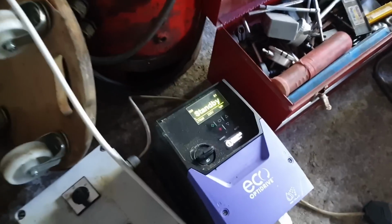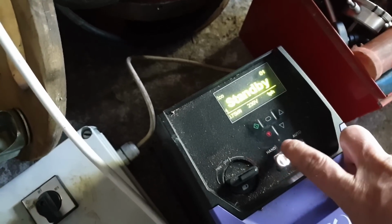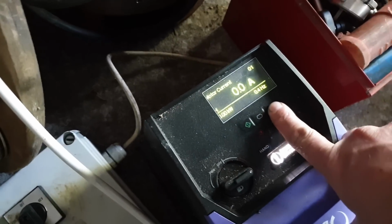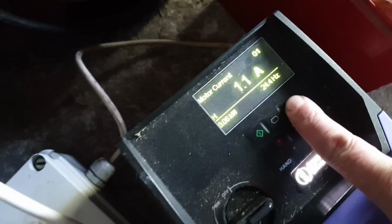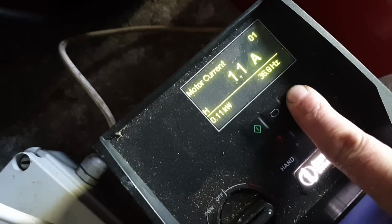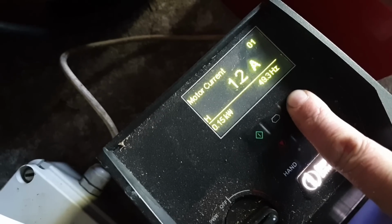So today, anyway, I just turned it on. I've no idea. These things always have a billion parameters in them. But I think if I go on, start, go start, probably won't do. Oh, here we go. Okay, yeah, now I have to hold down this button here to ramp up the frequency. But you can probably hear the drill starting to move. There we go, 50 hertz. There's our drill,